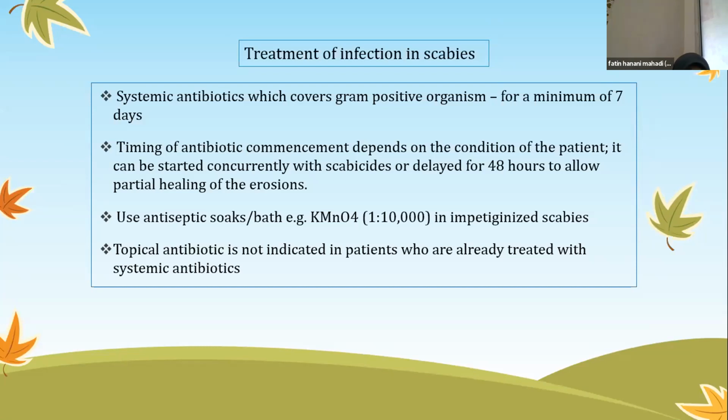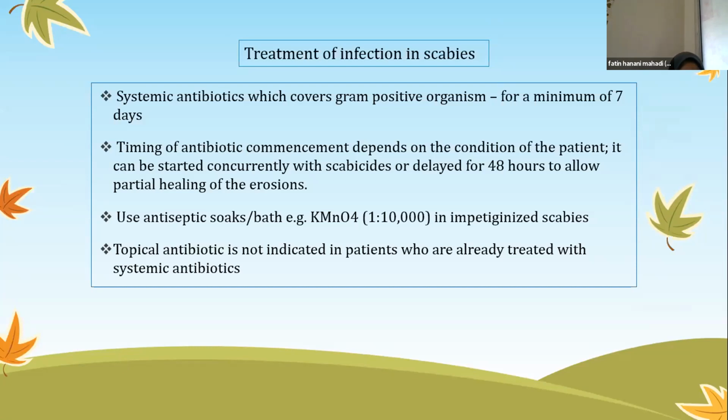The commonest cause of the secondary bacterial infection is Staphylococcus aureus. The timing of antibiotic commencement depends on the condition of the patient. It can be started concurrently with the scabicide or delayed for 48 hours to allow partial healing of the